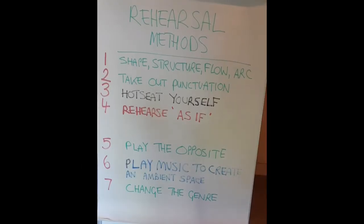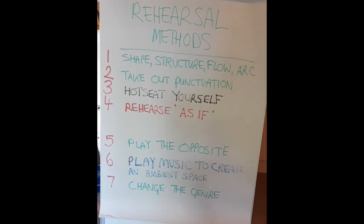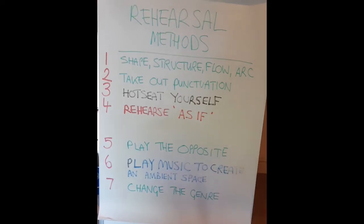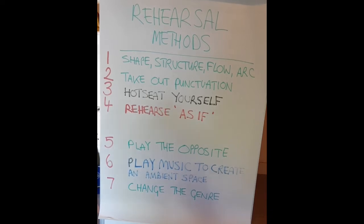Hi, so this is the third video on rehearsal methods. Forget about actioning for a while, just put it on pause, and we'll come back to it later, obviously. But this is where I've got 13, unlucky for some, but 13 ideas how you can lift, sorry, just wobbled the camera there,